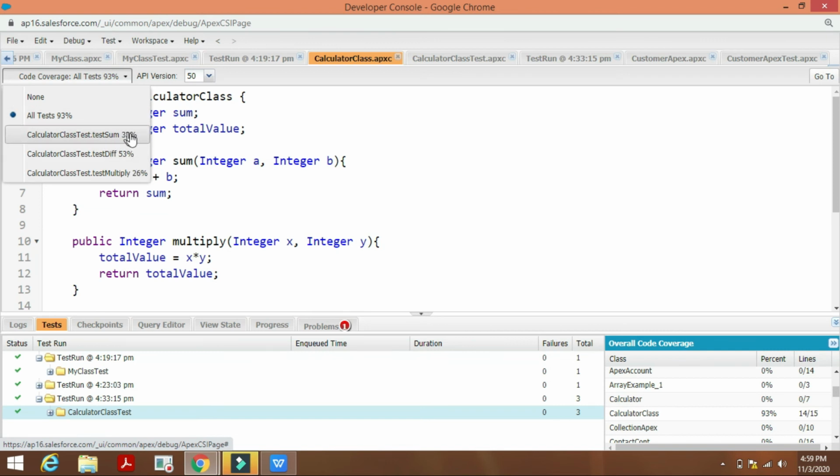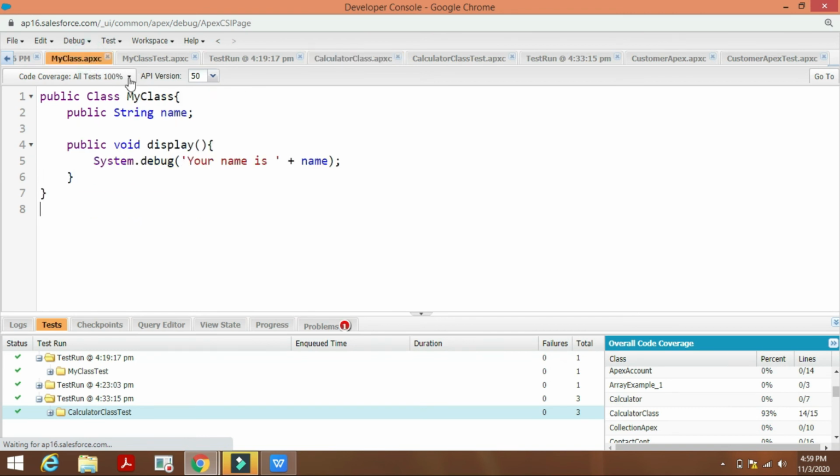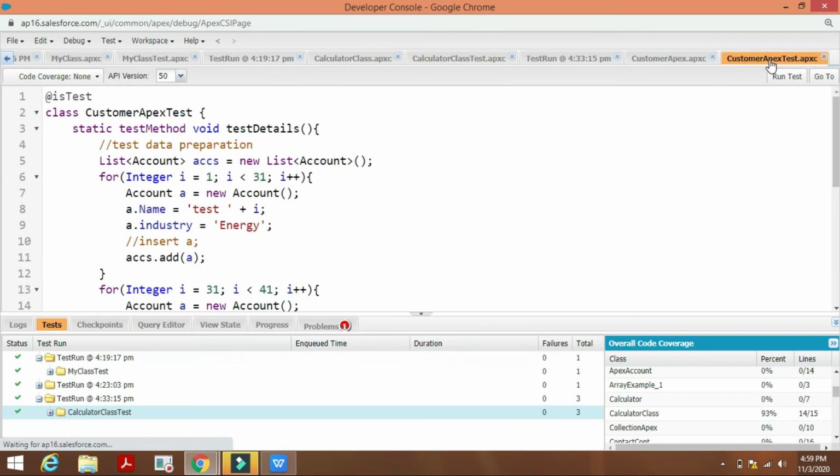So for test sum it is 33%, for difference 53%, and for multiply 26%. If you observe the first class which we created, it's got 100%, because we have only one method, that's why it is displaying like this.